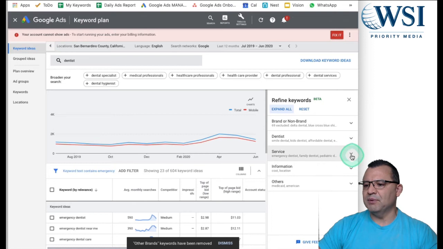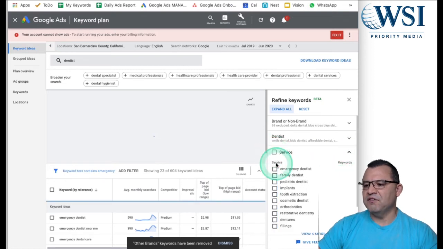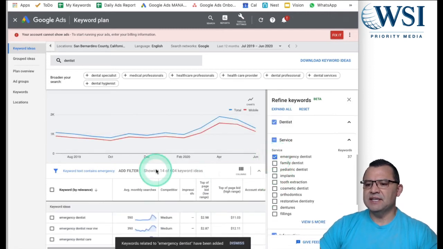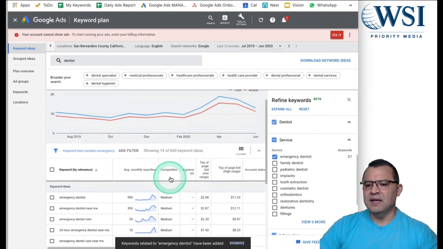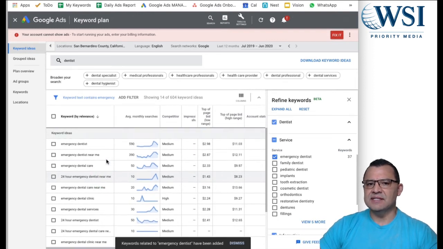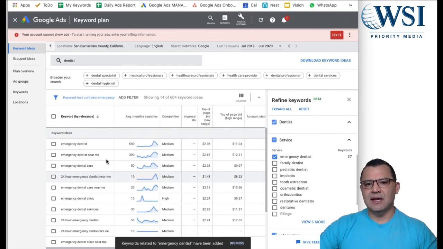I'm going to show you an example. Let's say that we are a dentist here and we are focusing on emergency dentist. So out of emergency dentist, now I'm scaling it down to 14, and I can look right in here. And let's say, for example, we're running a campaign. Emergency dentist, that is a very, very strong keyword. When somebody is searching for emergency dentist keywords, they're usually in a lot of pain and they want to be seen very, very quickly. And the price tag is usually not as important as getting out of the pain.